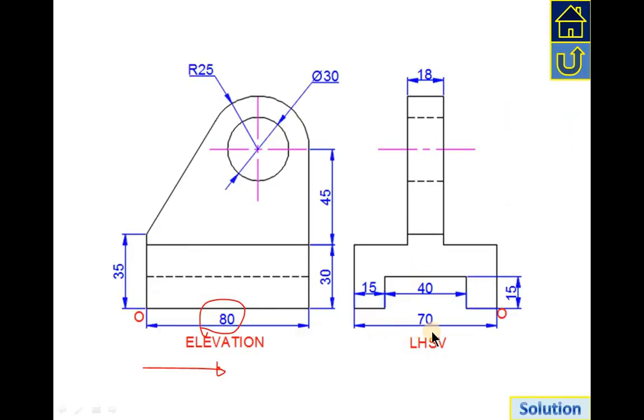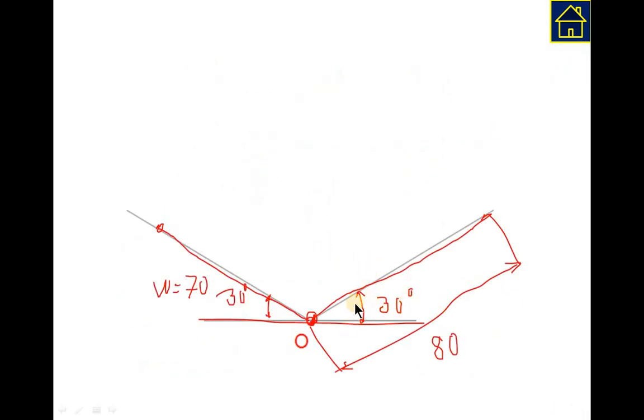So this is the width that you are drawing, say this is the origin, what you can see here, and then from origin it is on the left hand side. So you'll draw here 70 mm and here 80 mm. Then what is at the middle, third dimension? That is nothing but the height of the object.